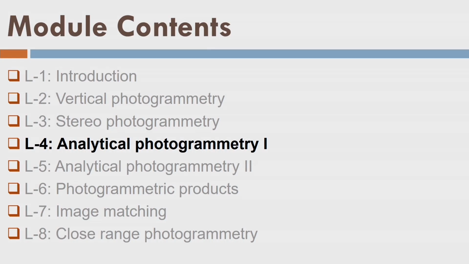Today we are going to discuss analytical photogrammetry, and the next lecture will also be on analytical photogrammetry. So we have named the two lectures Analytical Photogrammetry 1 for today and Analytical Photogrammetry 2 for the next. As we already discussed in the last lecture, analytical photogrammetry is all about the mathematical treatment of photogrammetric problems. To understand photogrammetry from a mathematical perspective, let us first develop the fundamentals using simple mathematics. So let us start with that.